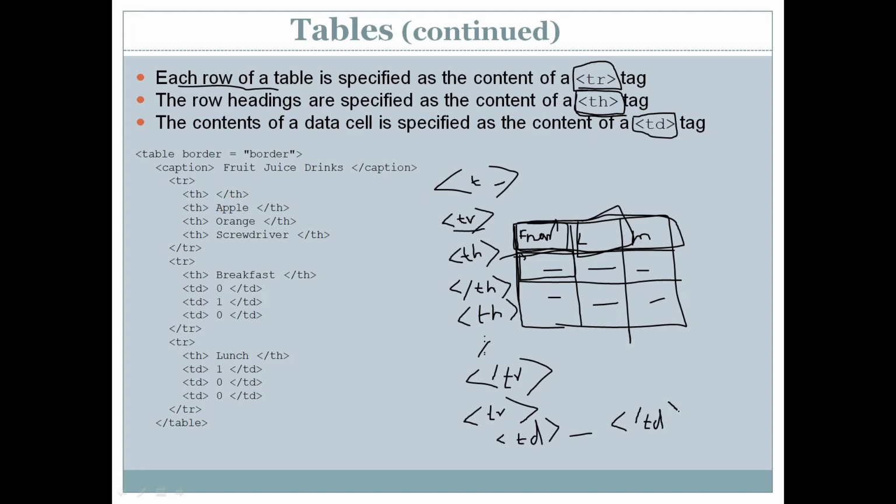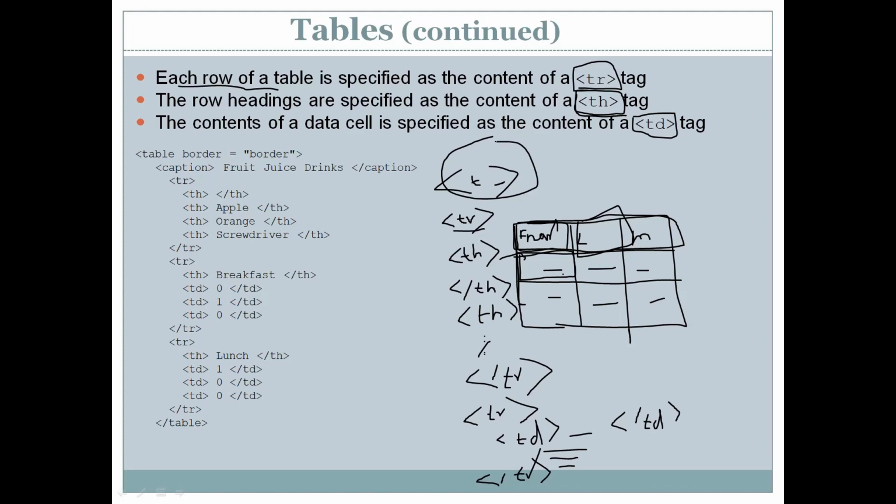Same way we can add any number of table data cells in this first particular row, and once you are done with that particular row, close the tr. Again if you want to start with a new row, start a tr and add the tds, and lastly you have to close the table tag which is opened at the beginning. So this is how you can create a table.